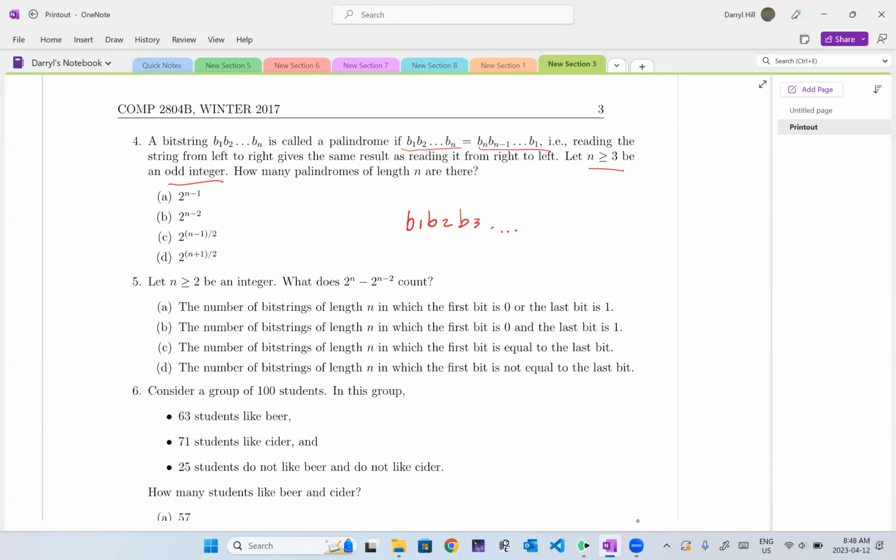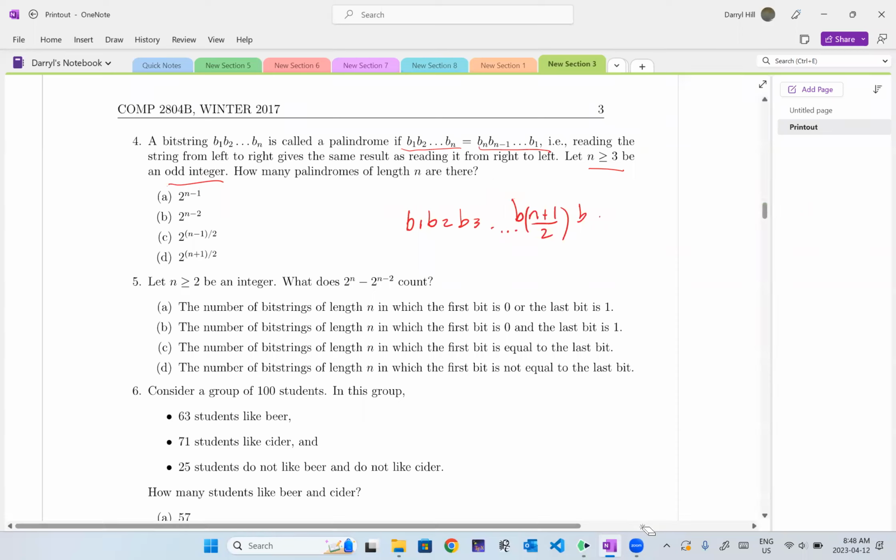what is it? n plus 1 over 2. So this is B of n plus 1 over 2, it's the middle one. I think it's n plus 1 over 2. And then the next one will be a reflection of whatever the previous one was, and the next one after that will be a reflection of this one. So when I've chosen these ones, that's going to decide the rest of